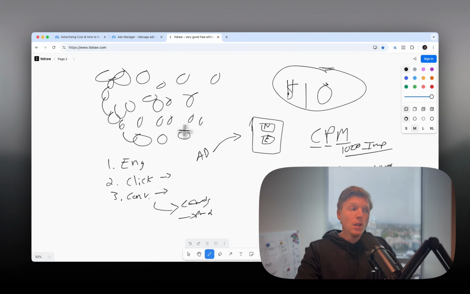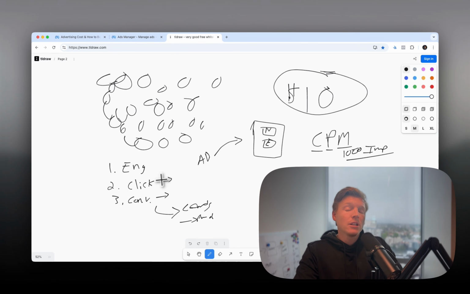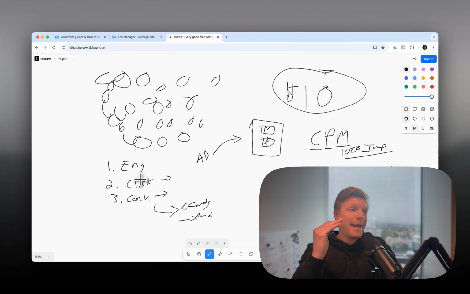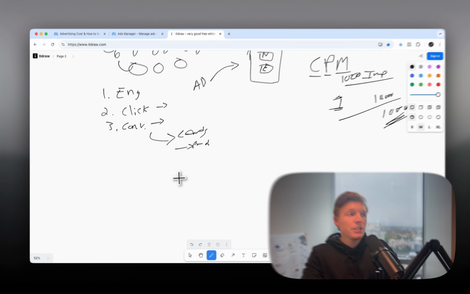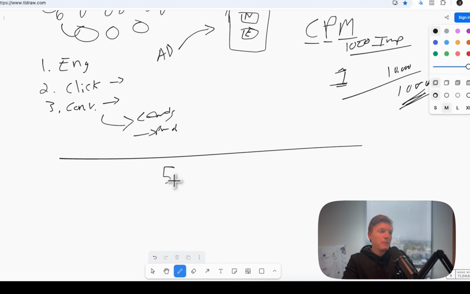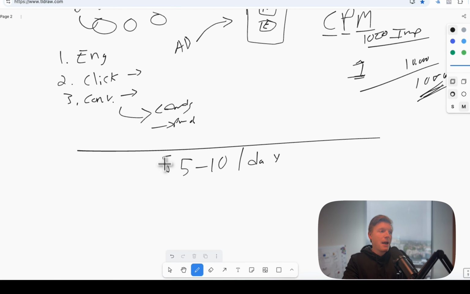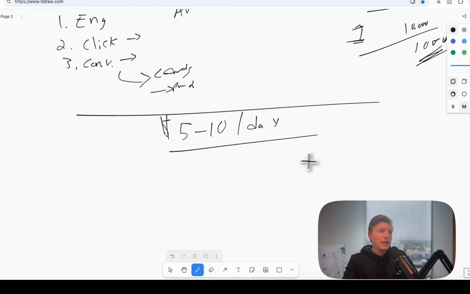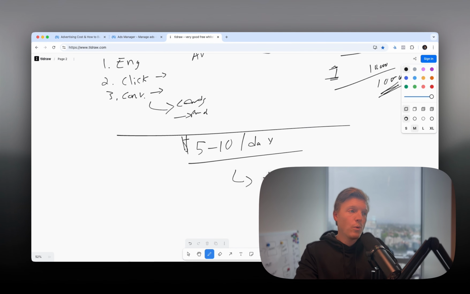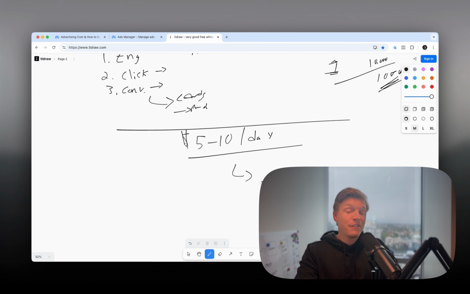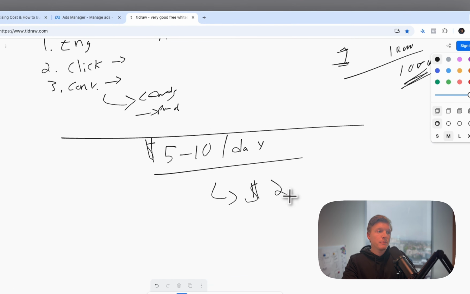It's cool. But basically, there's a lot of different ways to advertise on Facebook. And I hope this kind of breaks it down simply for you in terms of how much it will cost you. Generally speaking, I would say you should, starting out, spend between $5 and $10 per day. Okay. And that will get you a lot of data that you can then analyze, okay? So analyze the data, see what's going well, see what's not going well, and then if things are going well, you're getting leads, purchases, things like that, you can start to up the budget. Spend $25 per day, spend $50 per day, okay?